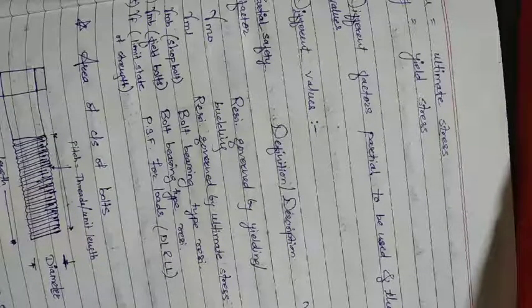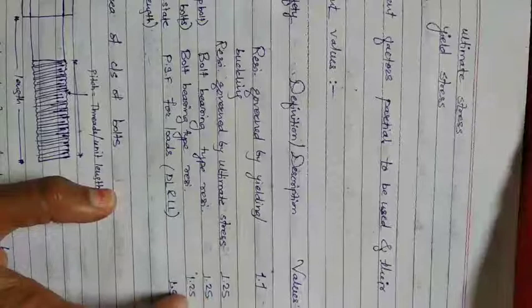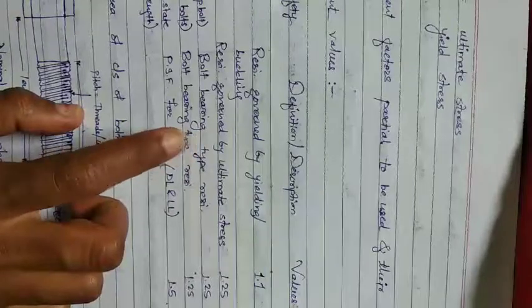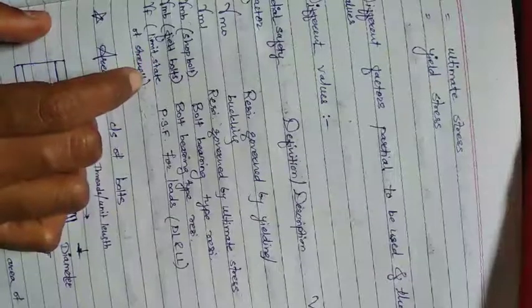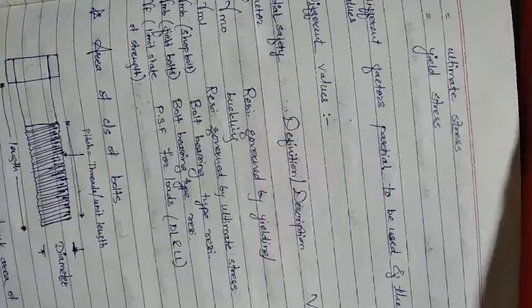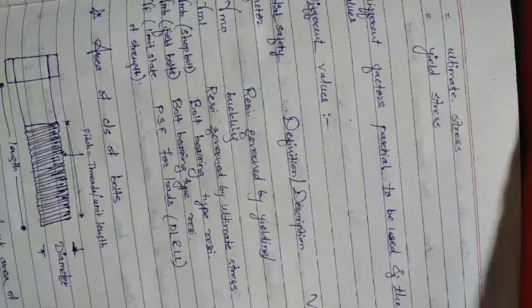So its partial safety factor is the same, but in the welded connection these partial safety factors are different. So in bolted connection, whether your bolt connection is shop or field, its value is the same, 1.25. And the last partial safety factor depends on limit state of strength, denoted by gamma f. Limit state of strength means when you are going to use different types of loads in combination, there are two main types of loads, dead load and live load. So for these types of loads, the partial safety factor value is 1.5.